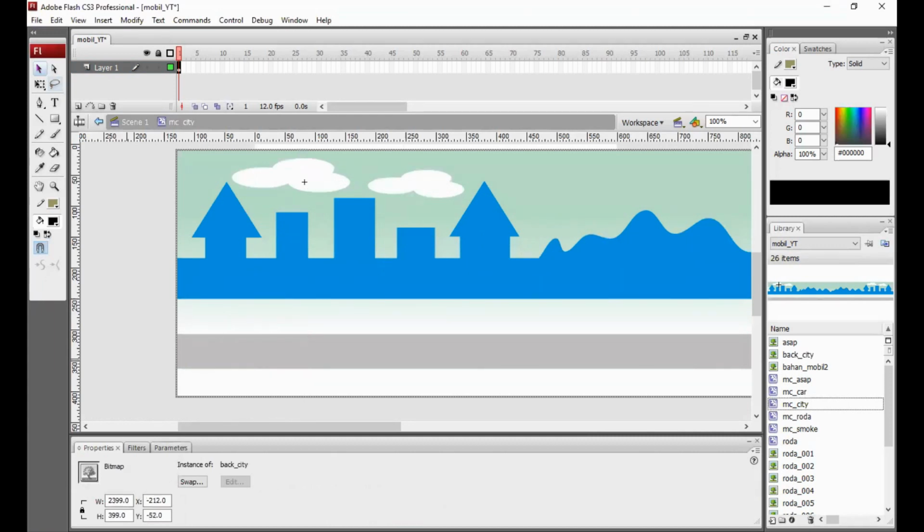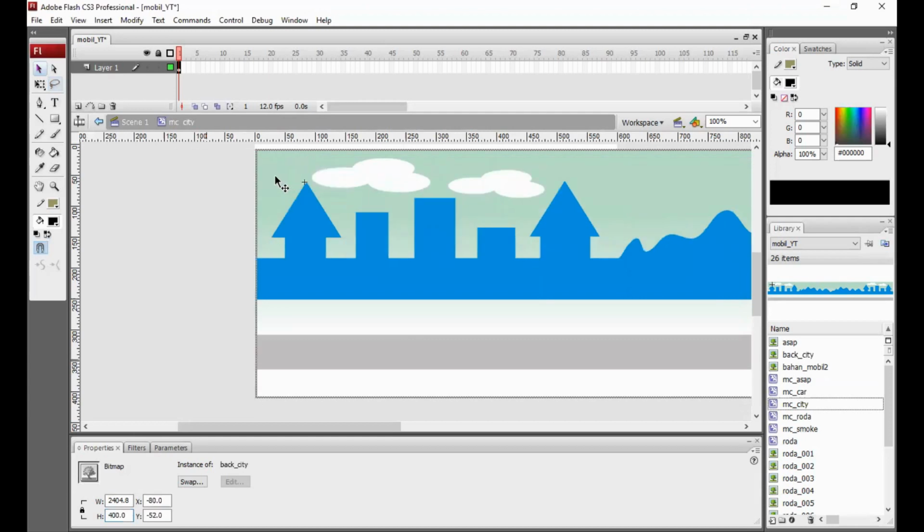Okay, width is 2400 pixels, and height 400. Yeah, it's okay. We can adjust this next. Yeah, okay, we can place it.